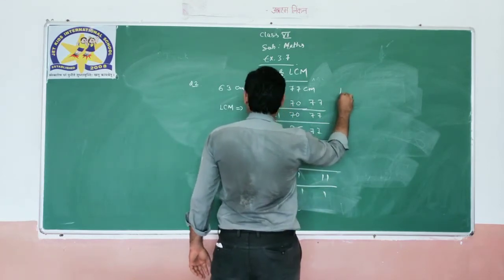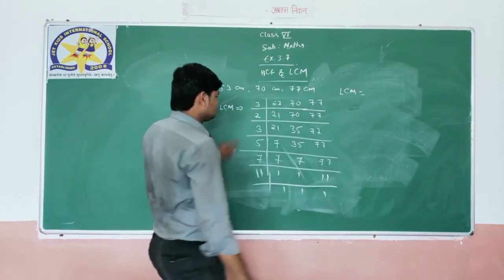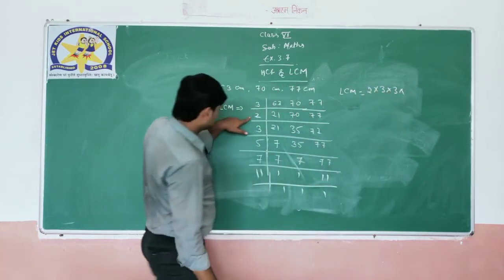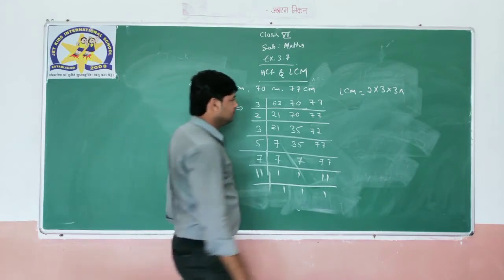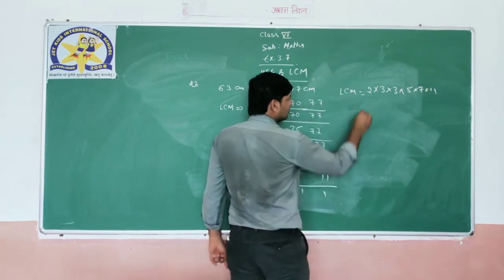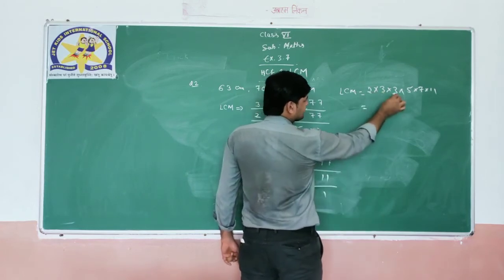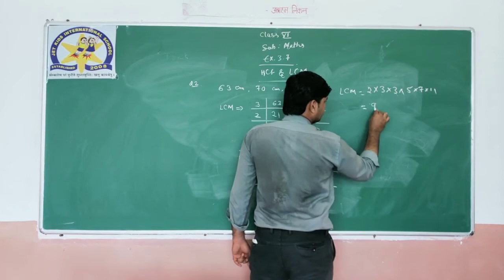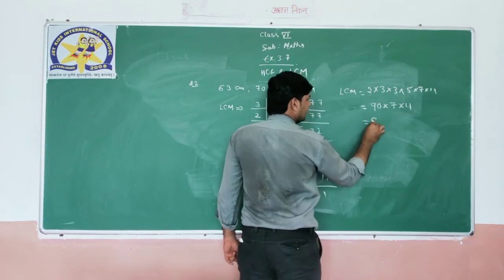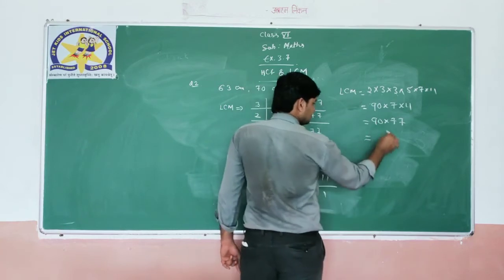here the LCM will be: first 2, multiplied by 3, multiplied by 3, multiplied by 2, multiplied by 3, 3 two times, 5 one time, 7 one time, 11 one time, right? 2 3s are 6, 6 3s are 18, 18 5s are 90, then 7, then 11. Okay, then 90 multiplied by 77 is equal to